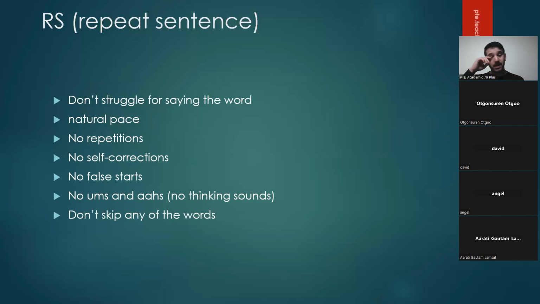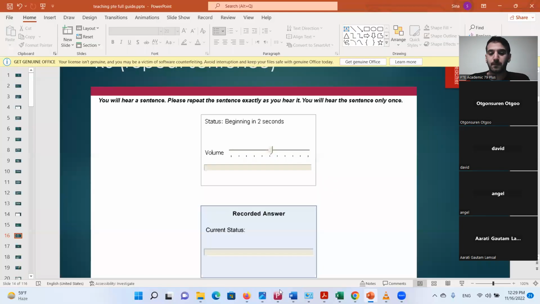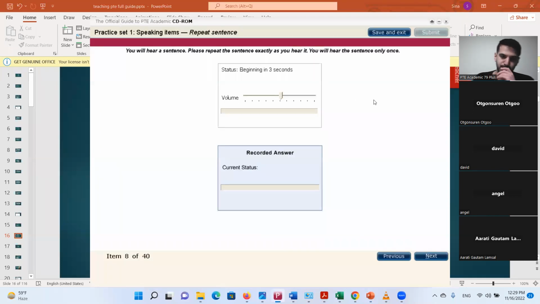Try not to skip any of the words. So look, let me show you one more time. Professor Smith will be late for today's lecture. So the sentence is, Professor Smith will be late for today's lecture. Let's just imagine that I forget the middle part, right? Will be late. Professor Smith will be late for today's lecture. If I try to say it like, Professor Smith